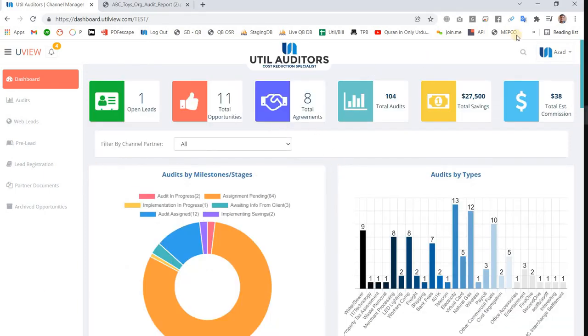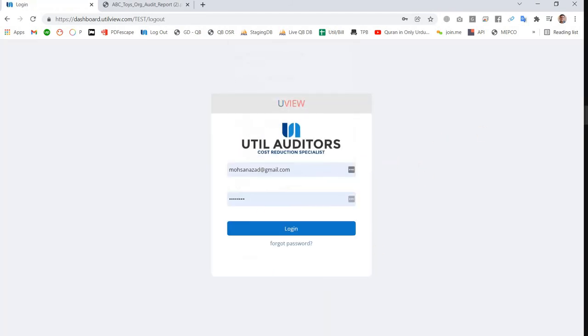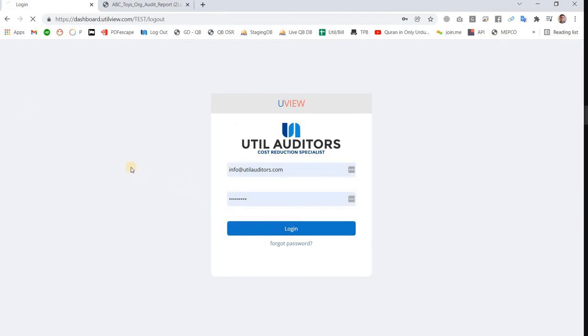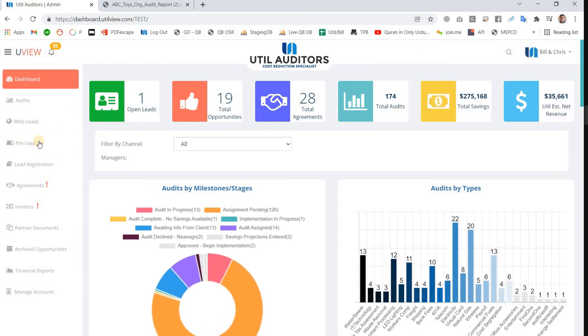Okay, there was another item. Let me log in as admin. The item you asked for, to change the channel manager or partner or client for an agreement from the dashboard. I made this feature available for the admins only.